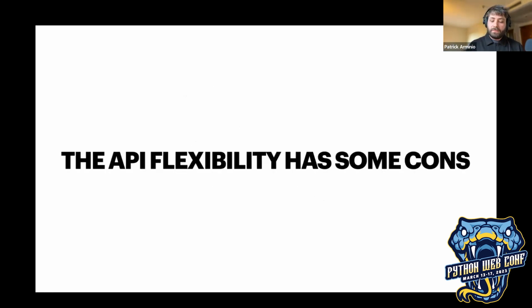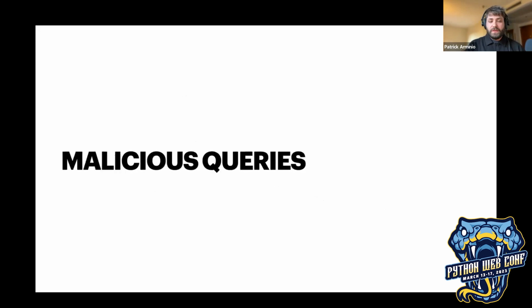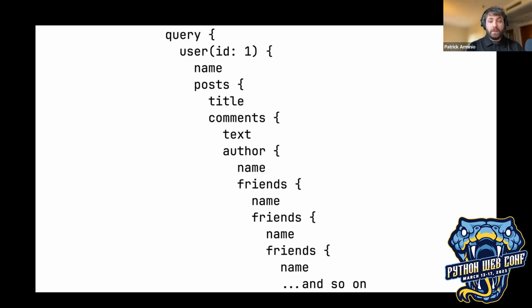But on the other side, having a lot of flexibility does have some costs and some issues. One issue specifically with GraphQL is that a user, or malicious user, could do bad queries. So they could try to create a query like this, which is fetching a lot of data, especially nested data. A query like this doesn't make sense, but it makes sense to someone that wants to hurt your server, I guess. And a query like this could lead to a denial of service attack.